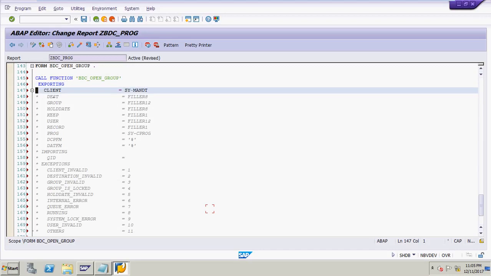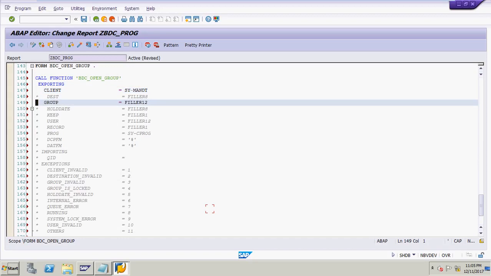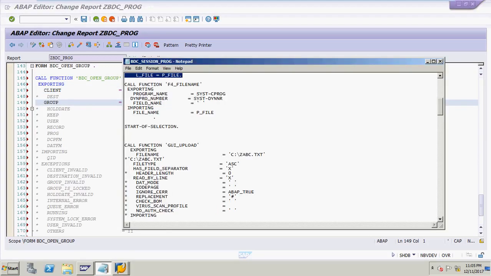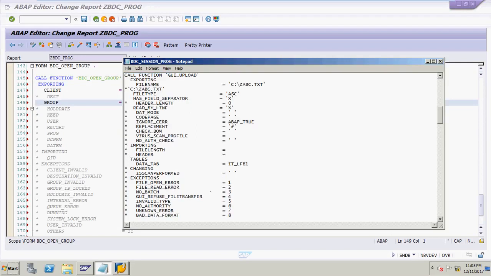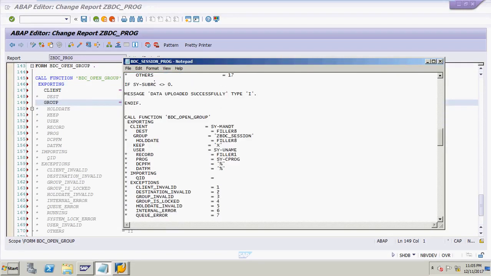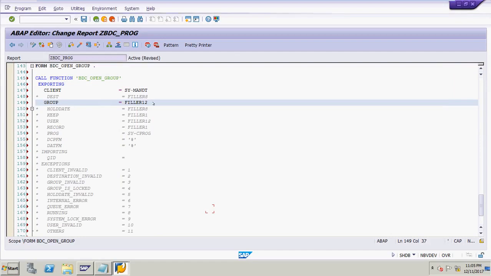Client is mandatory and group name is ZBDC_SESSION. I have given my custom name here.